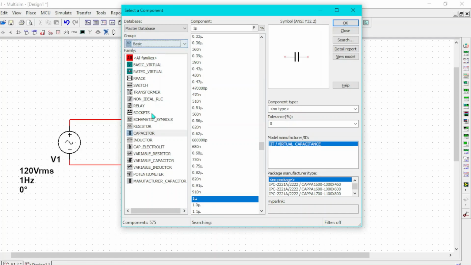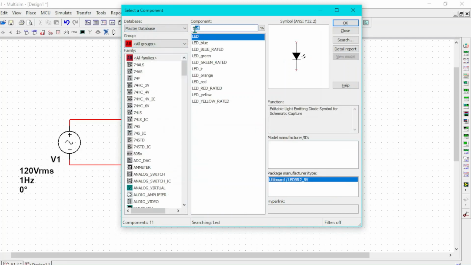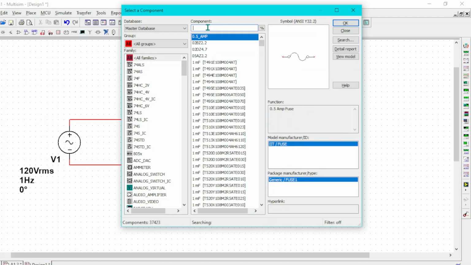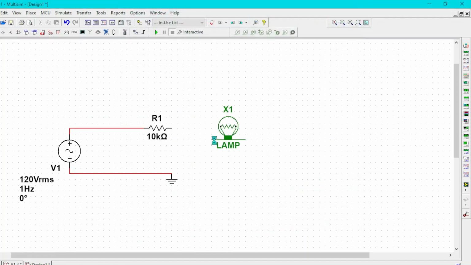I'll explain what bias is in just a second. Let me just search lamp. There are so many components here that you will love to explore them. So a lamp is not, let's say, worried about what direction you pass the current in. You just have to switch it on, and